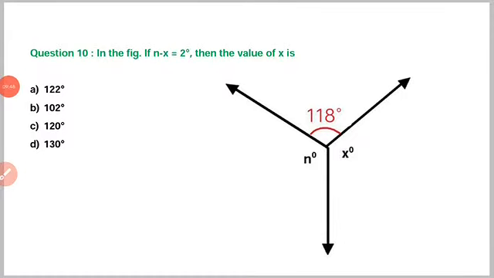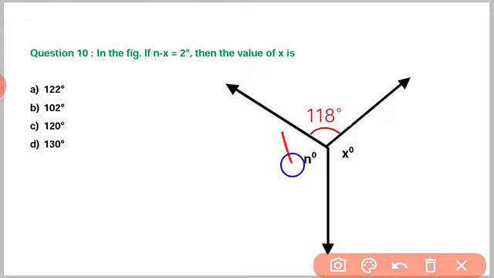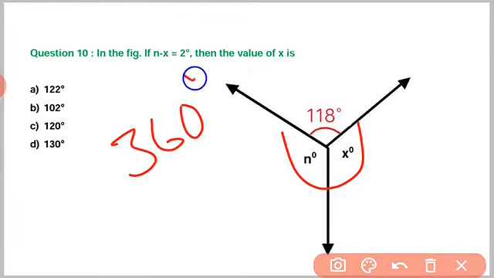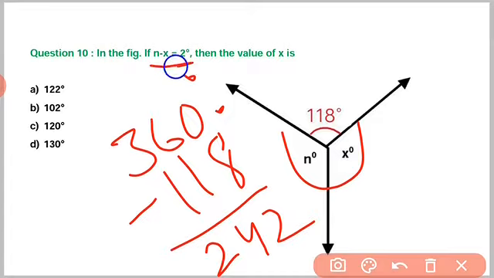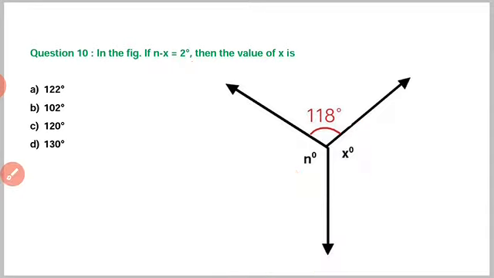So we need to find this angle. How much will it be? It will be equal to 360 degree minus 118 degree. So what will be the answer? It will be equal to 242. We see here that we have been given the equation n minus x is equal to 2 degree, and the sum of this angle is equal to 242 degree,